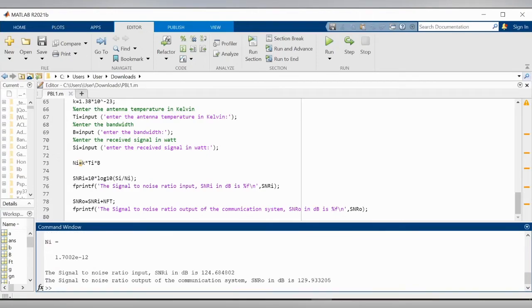Finally, we get the input noise, the signal to noise ratio input, and finally the signal to noise ratio output of the communication system in dB, which equals 129.933205, which is near to the manual calculation result,